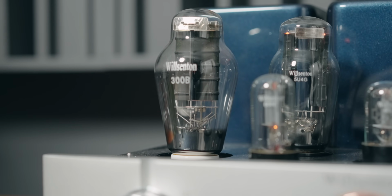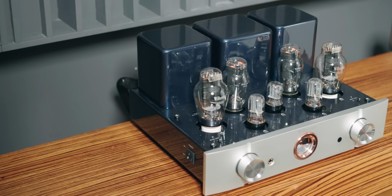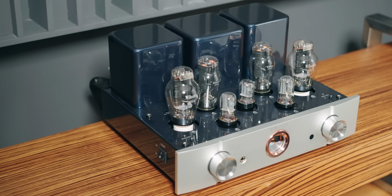You know what I'm saying? It's a big tower speaker for the money, and it performs like a big tower speaker. It has a scale, it has dynamics, so you can pair this up with a tube amplifier. And I prefer to pair this speaker with a tube amplifier, personally speaking, because one of the downsides with it